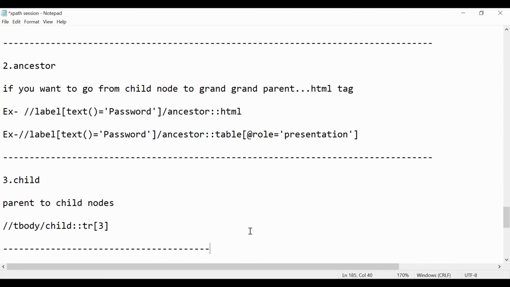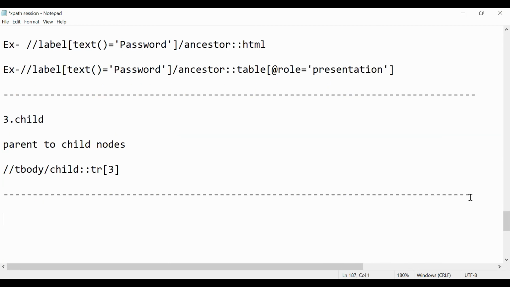Likewise, next is descendant. Don't make a spelling mistake.